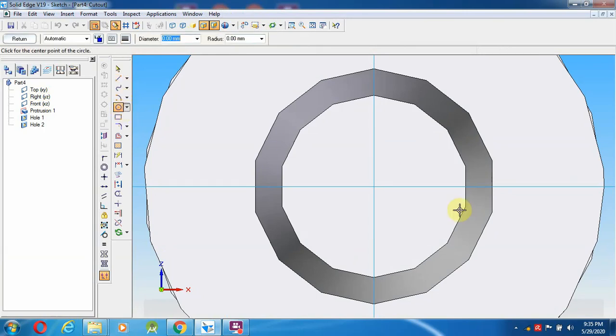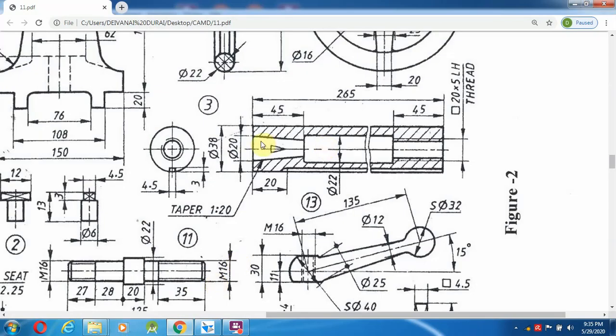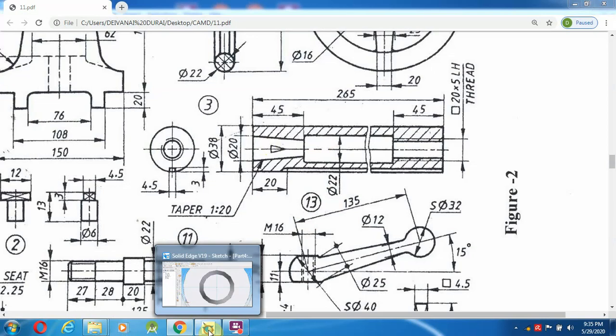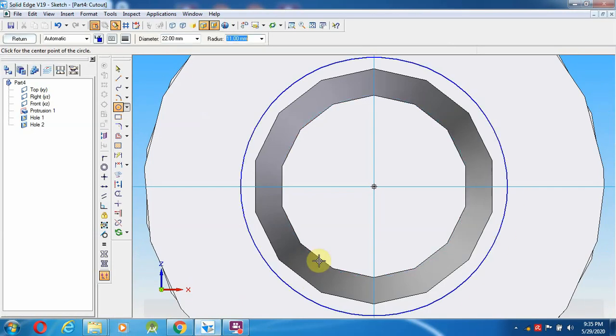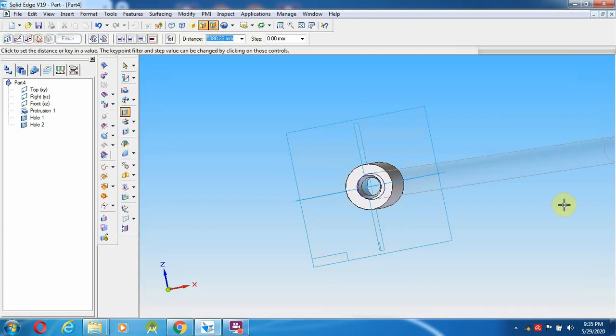Select a circle from here, and the diameter we have seen is 22 mm. And the length is 175 mm. Then give return.